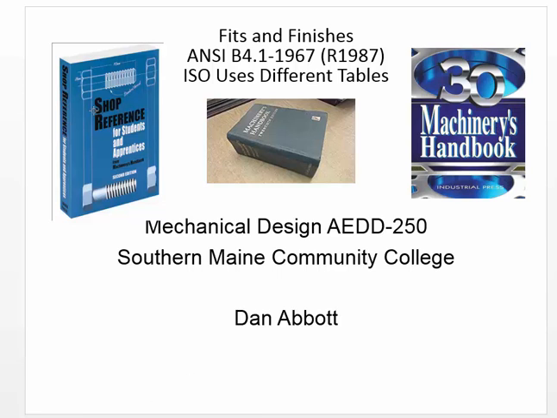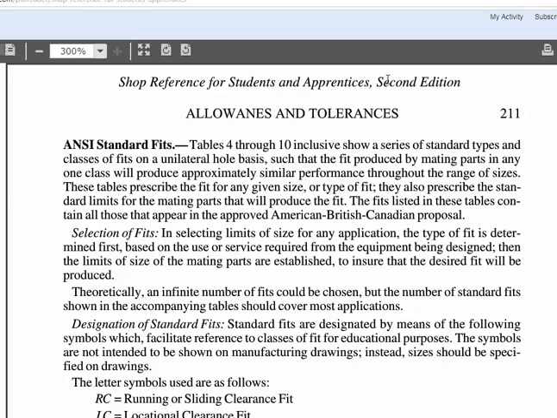If we take a look at the pages about allowances and tolerances, this comes from the shop reference for students and apprentices. ANSI standard fits are discussed, and one of the first things it indicates is that in selecting limits of size for any application, the type of fit is determined first. So in other words, before you can determine the size of something, you have to know what the class of fit is that you want, and then you use the tables to determine the specific tolerance range for both holes